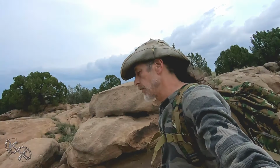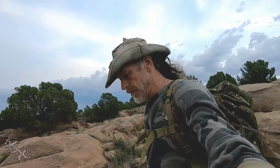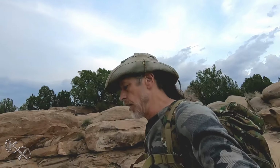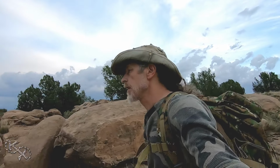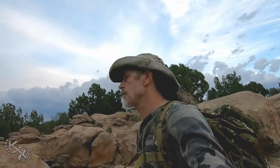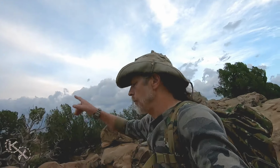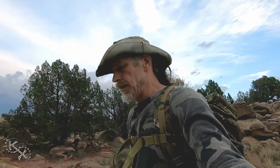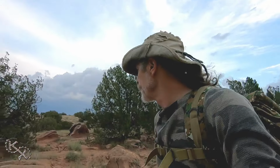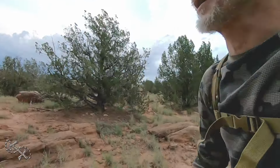What I'm planning on doing is hitting two spots. One is, of course, our CX01 actual suspected cache location. And if I have time, I'm going to go up here and hit this, what looked like an artificial knob. Like I said, that's if I have time. So we're just coming into our suspected camp now,